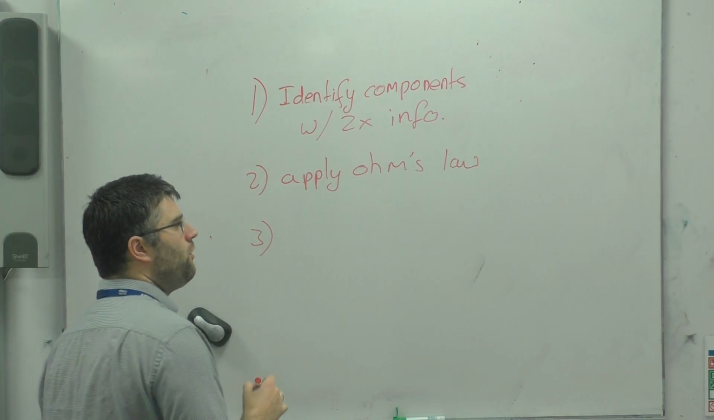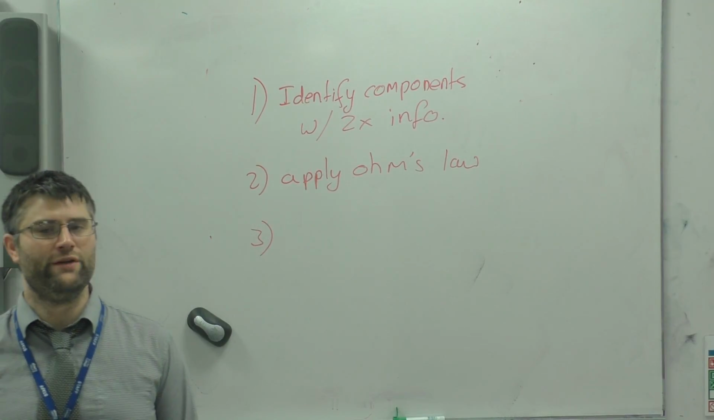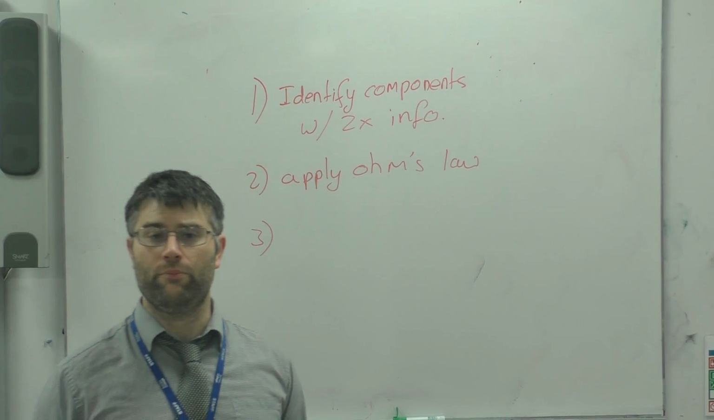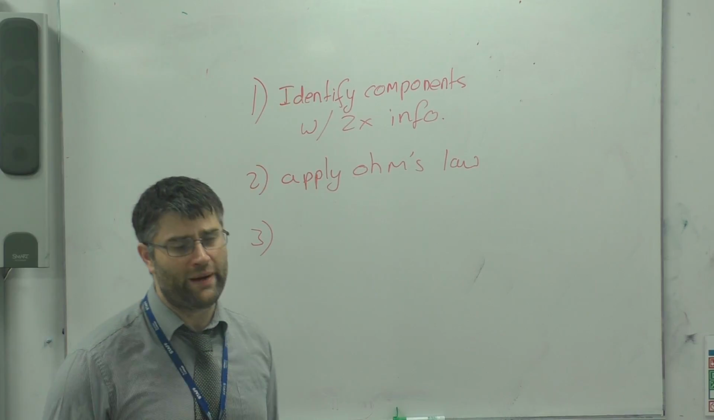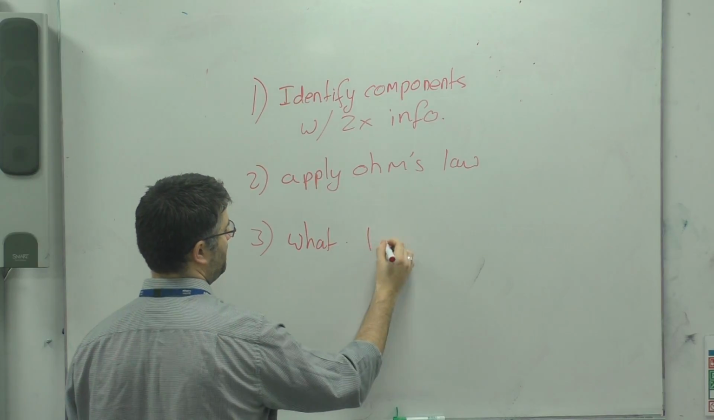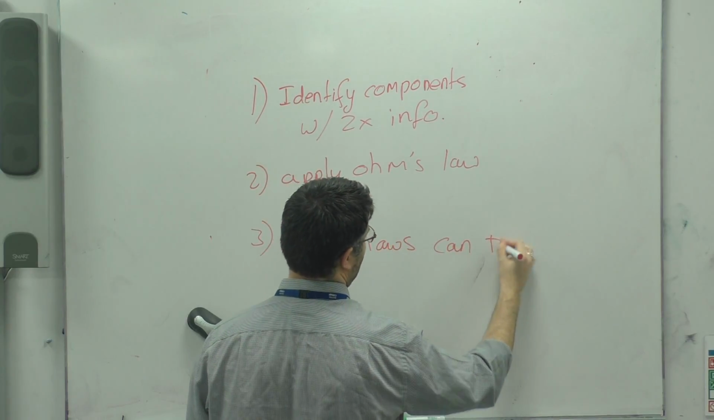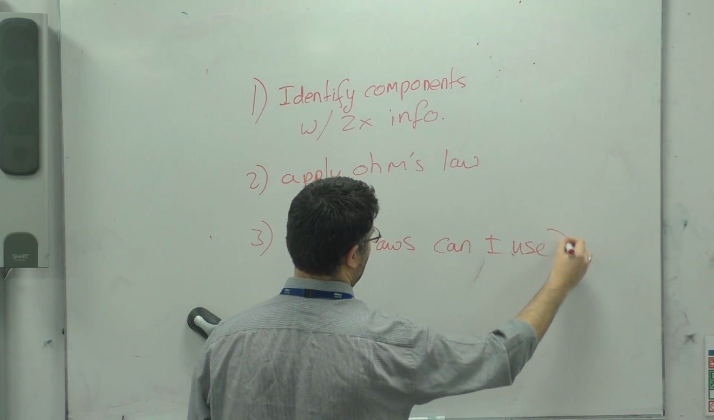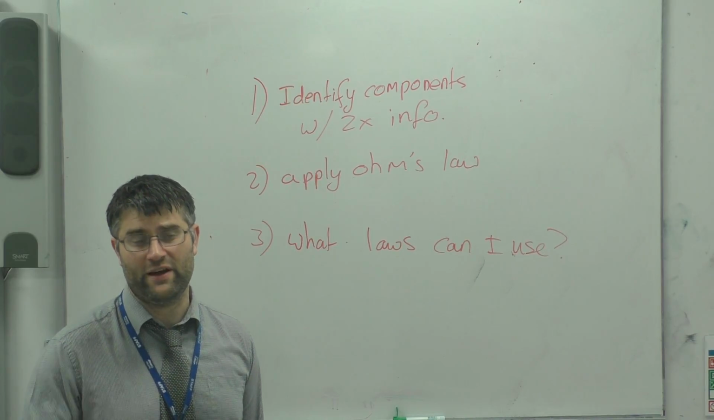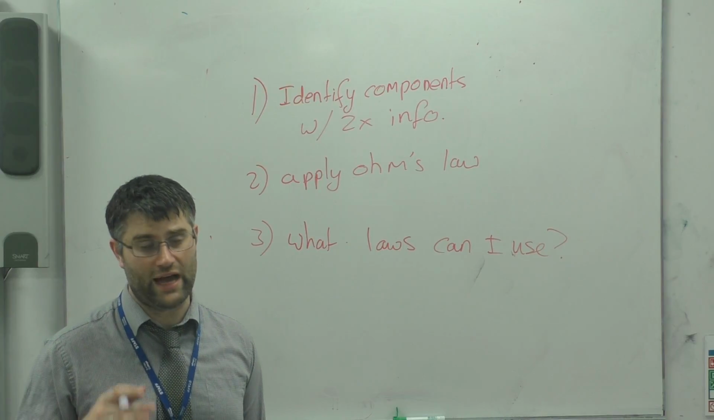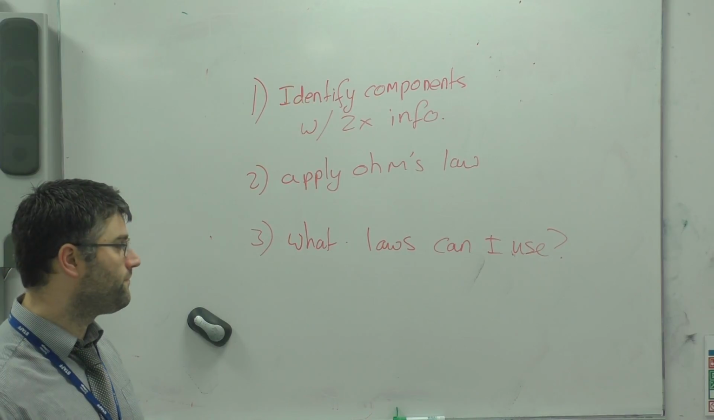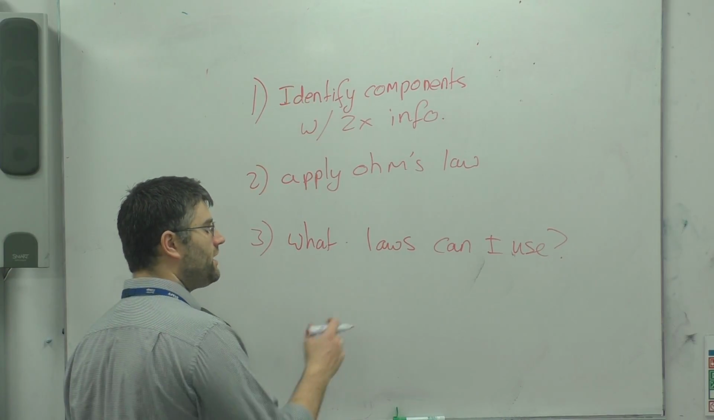Number 3, what if you haven't solved everything? What if you've come unstuck? What if you've only got one piece of information about a component? Well, then you need to go back a step and say, okay, what laws can I use? Because the moment I've identified that I've got no more components that have 2 pieces of information about them, then I need to use Kirchhoff's first law or Kirchhoff's second law. What can you use then to find out